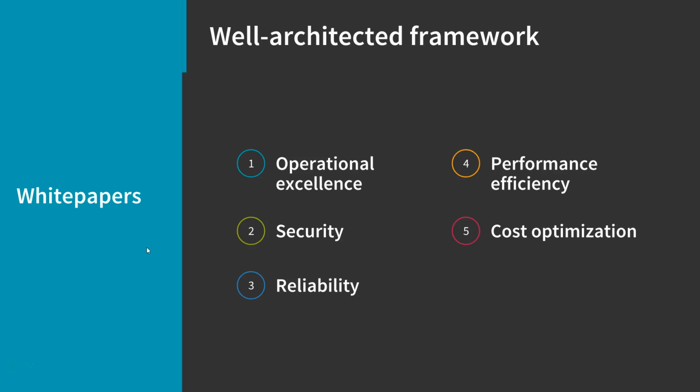Next, we have performance efficiency, which is the ability to use computing resources efficiently to meet system requirements and to maintain that efficiency as demand changes and technologies evolve. And finally, there's cost optimization, which is the ability to run systems to deliver business value at the lowest price point. Once again, there is some really great information in this white paper, so I recommend spending some time on